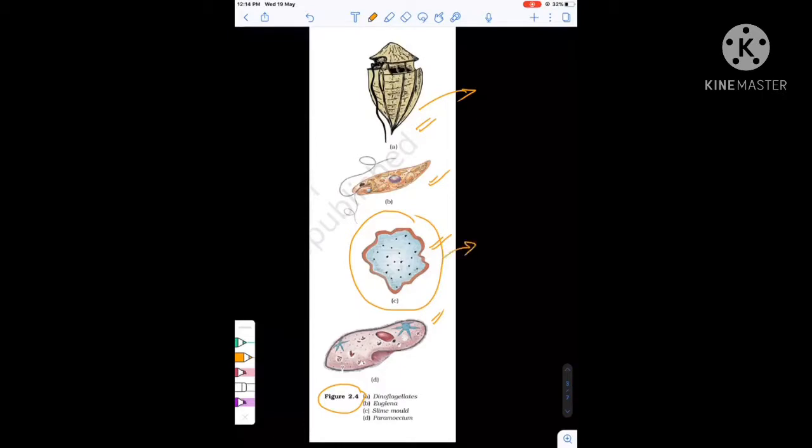Slime molds have naked cytoplasm. Then the slime mold forms plasmodium in suitable conditions. In adverse conditions, the plasmodium gets dispersed and forms spores which have a true cell wall, and the spores are dispersed through air. These are the important points about the slime mold. Okay, the spores have a true cell wall. Remember.